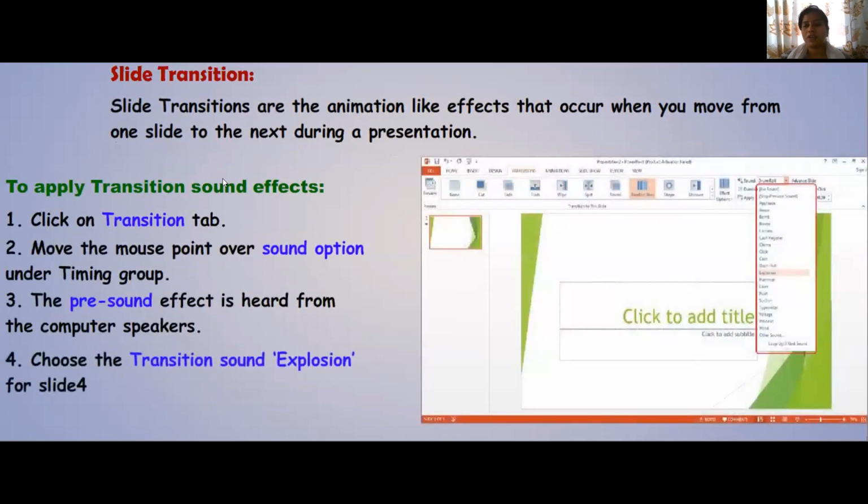How do you want your next slide? Whenever we create a presentation, we go with multiple slides, right? This means multiple pages. How do you want those pages to appear on your screen whenever you move from one slide to the next? See, now when I'm going to the next slide, it is coming plain because I have not given slide transitions to my PPT. To apply a transition, let's just first do this.